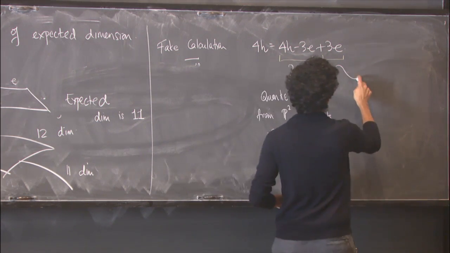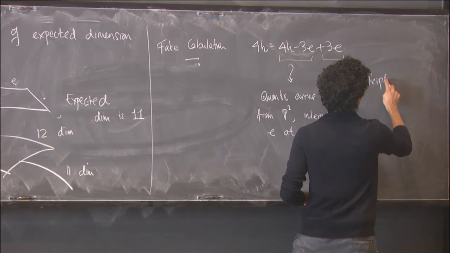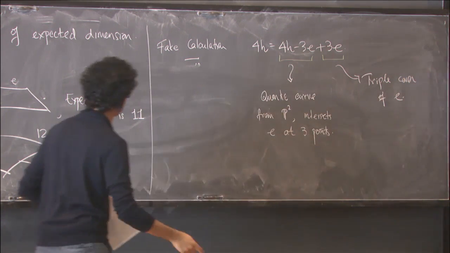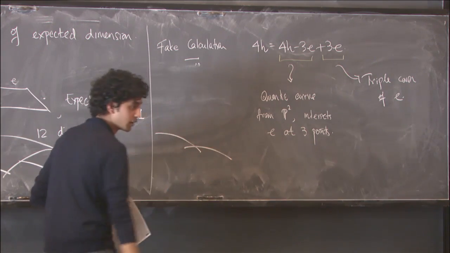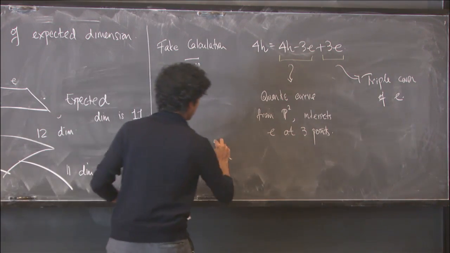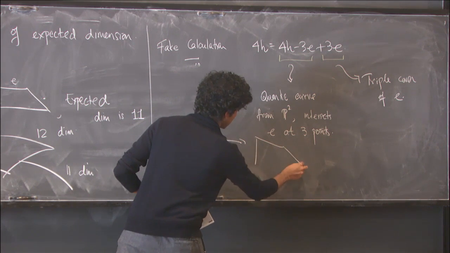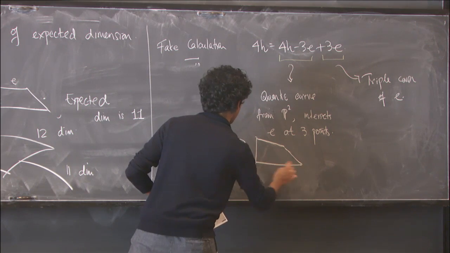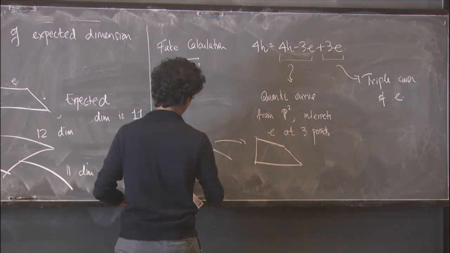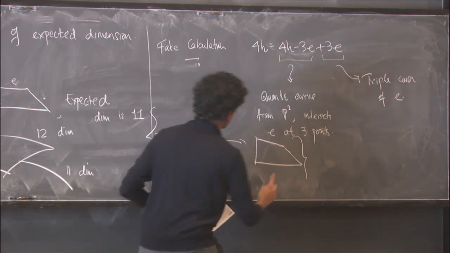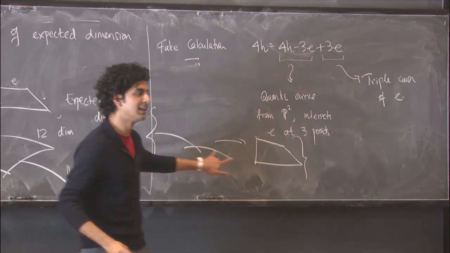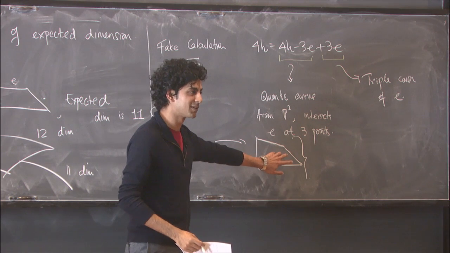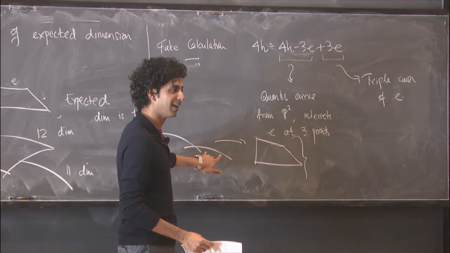And then I know what 3E is. This is a triple cover of the exceptional divisor. Okay, so there is a locus of maps consisting of two rational components mapping to my Hirzebruch surface. Okay, so there's a locus of maps like this, where the first component, when you blow down to P2, is a quartic curve intersecting this exceptional divisor 3 times, and then my second component